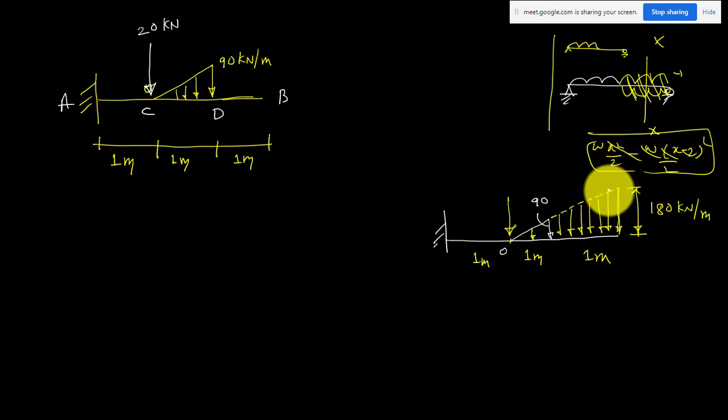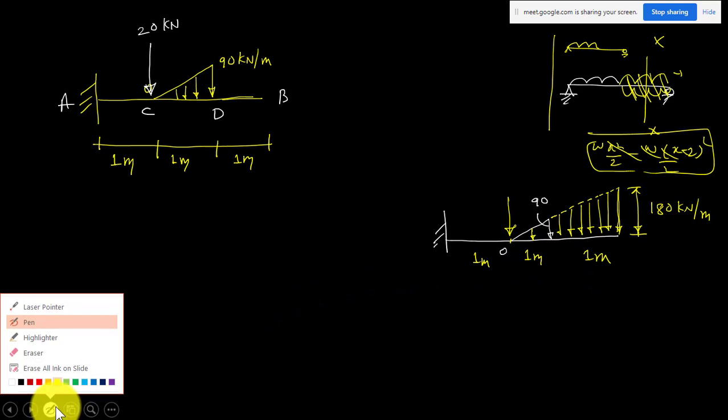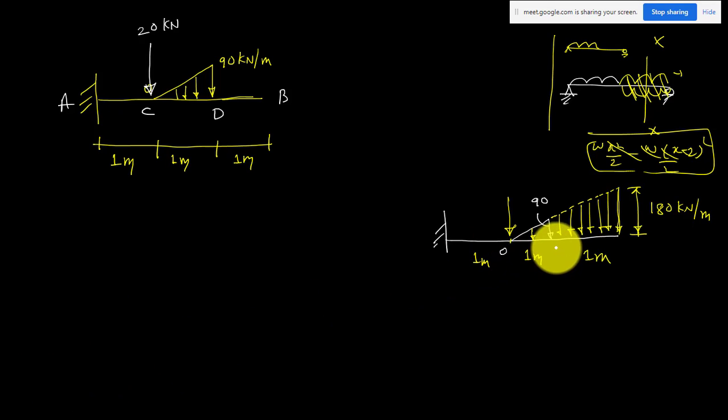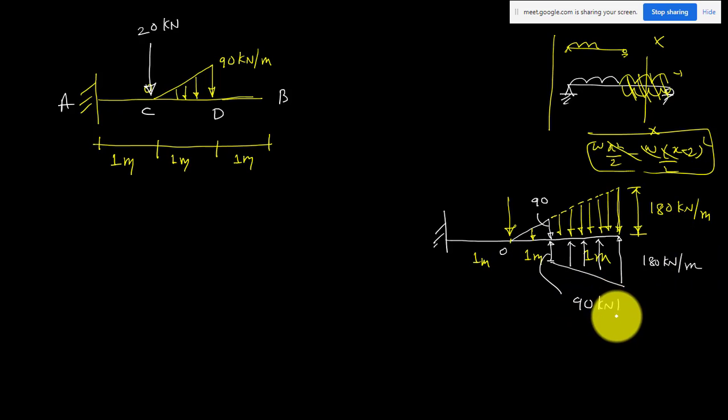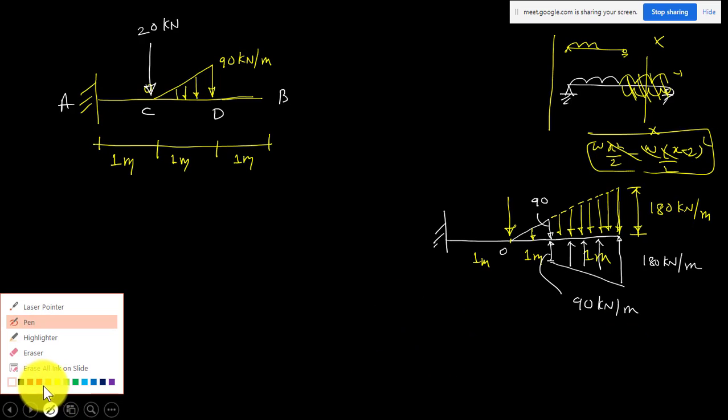So now to balance this I have to apply the load in the vertical direction also. If you are following the same method as in the previous example, you have to apply the same load here, 90, in the vertical direction so that it will be equal and opposite. Here you have to apply 180. So you apply load like this. This is 180 kilonewton per meter. It is 90 kilonewton per meter. So now we have done. Now your problem is over. It means your loading is fine now.